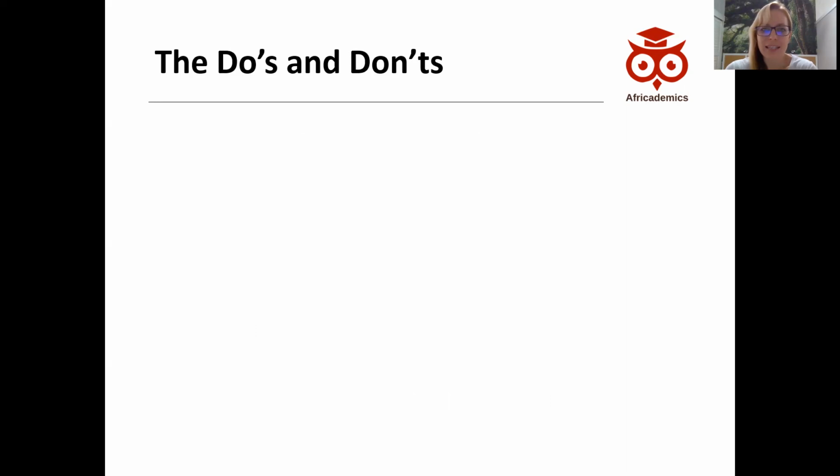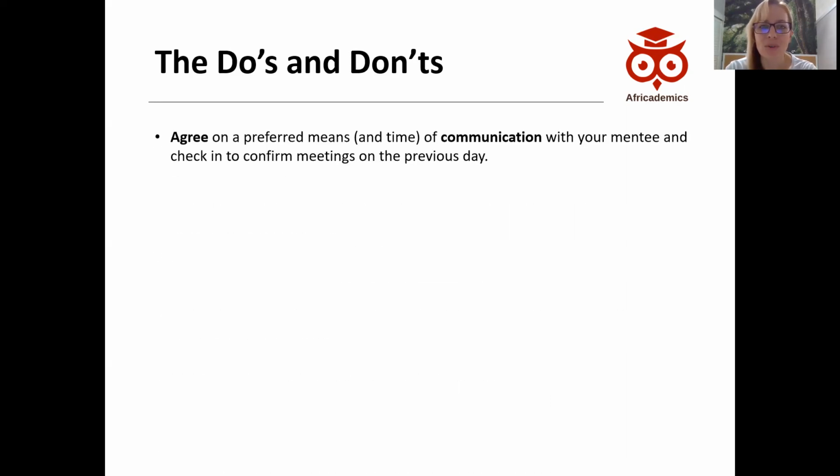Yeah, I think those are really the basics. In terms of the do's and don'ts, those are just a few tips and tricks for you. In terms of the do's, I think it's really, really key to set out a bit of a framework right at the beginning with your mentee. Figure out what's your preferred means of communicating with them. Are you happy to communicate via WhatsApp, or do you want to keep it in a more, let's say, professional space, and you say, no, we communicate via email?